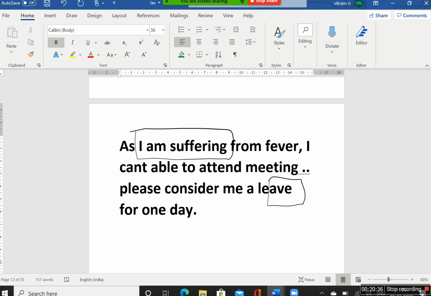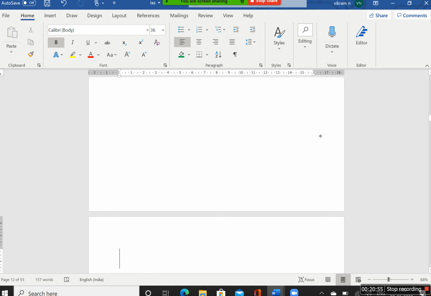Like this you can check the spellings as well with the help of the red color highlight. The red color highlighted one with some lines is called spelling checking. Next we go for